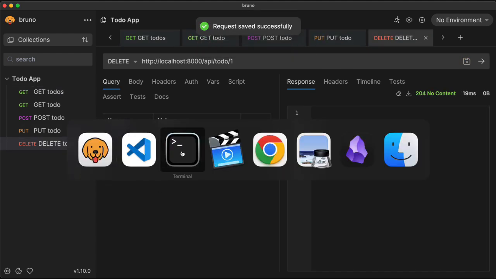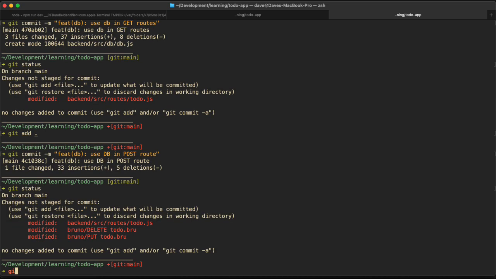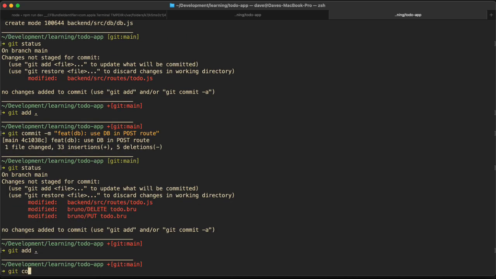Saving these so that we can do it, going and committing, git status, brilliant. Okay. git add dot, git commit dash m, db like this. That's how I've been doing it. Use db in put and come on, type delete. Okay,